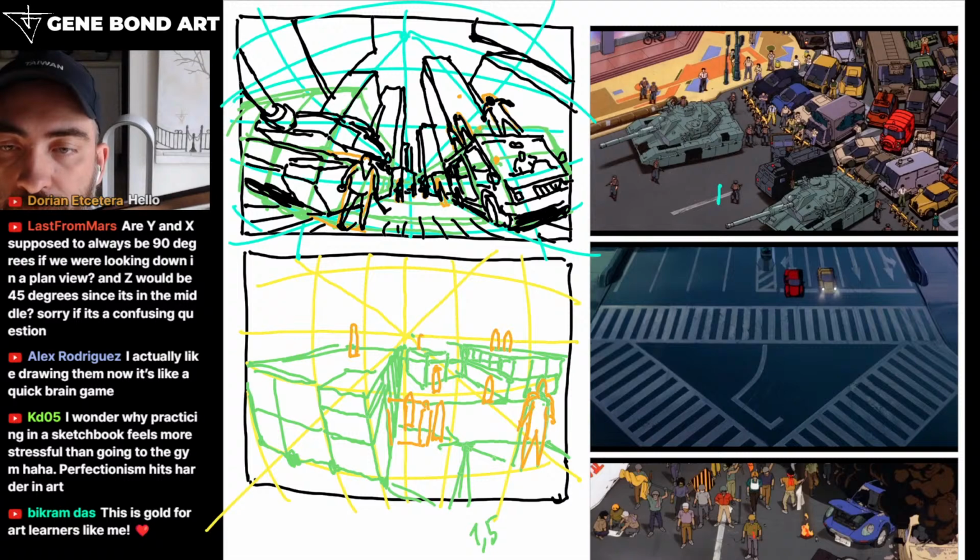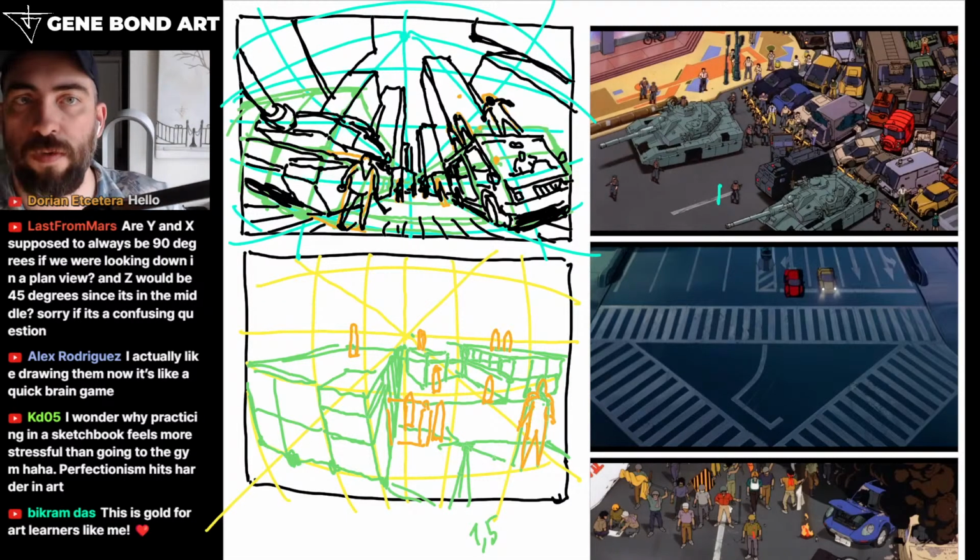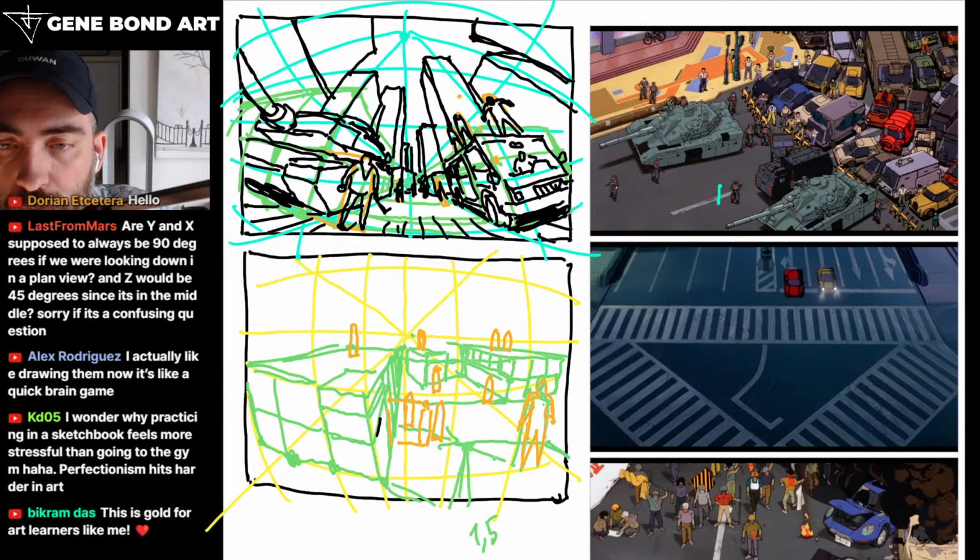So it's just like a chaotic scene, like we have on this reference from Akira. And then again, you establish all ratios, which takes very little time. It's very simple when it's just basic geometry. And now you can just